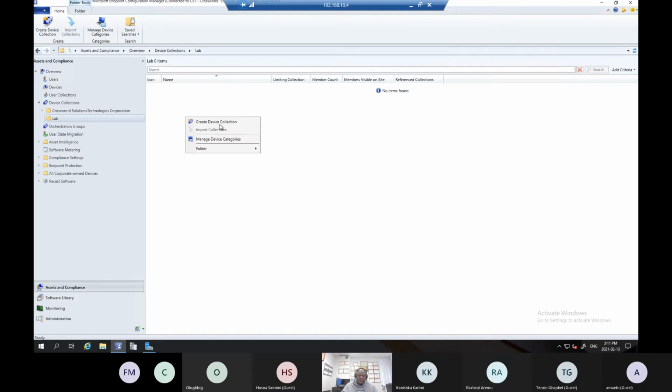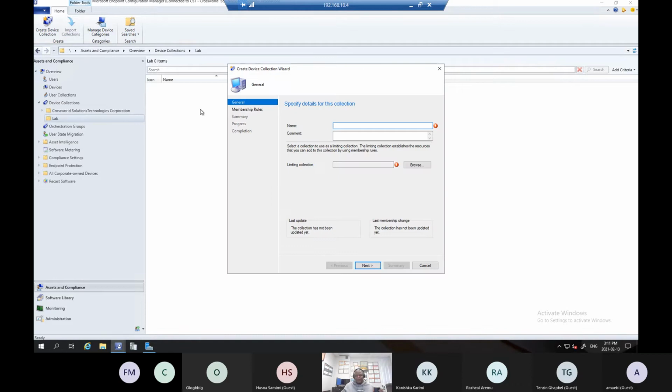You also have what we call Include Collection. So let me open SCCM while I'm talking, then you can be seeing it. If I come here now under this lab and right click and say Create Device Collection, a dialog box will show here, and I'll tell you what each one of them does. Name is for you to identify the name of what you want to create. So let's say, for example, we want a collection where we want to deploy